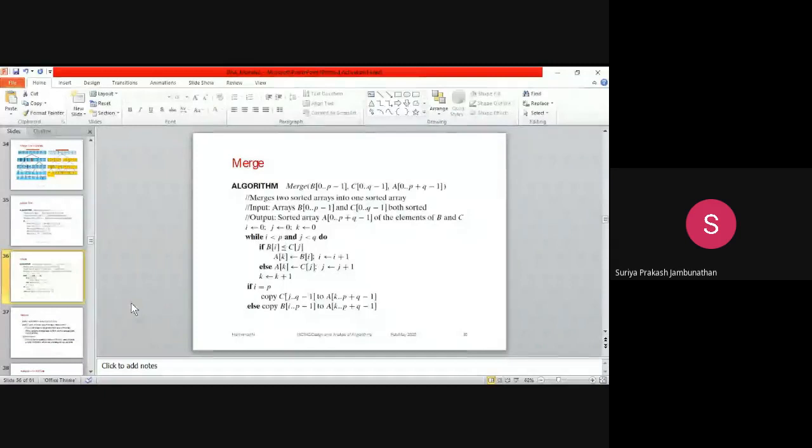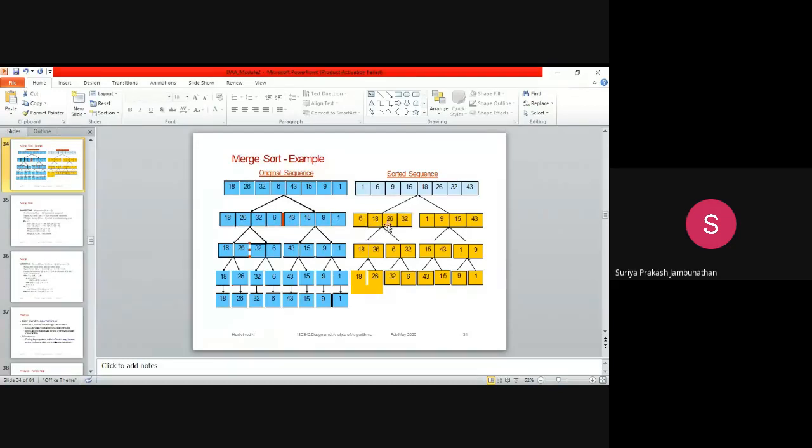Which last two steps are we looking at here? The last if step: if I is equal to P. Whatever the I value we have, if it is equal to the P value, the size of the array, here the P value will be 3. So 0 to 3 we are having.